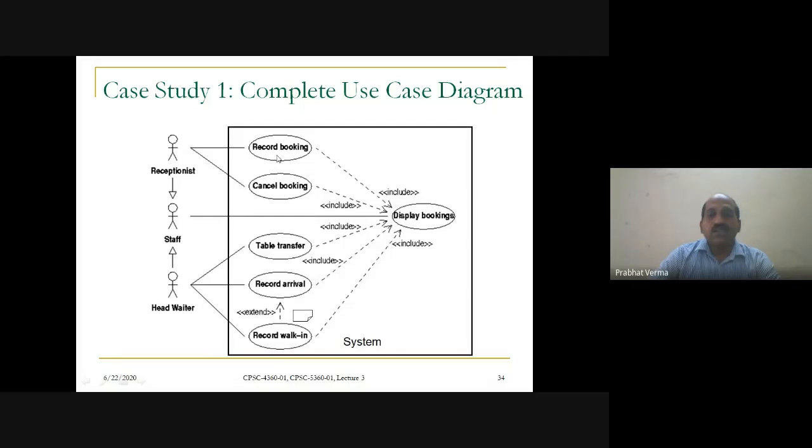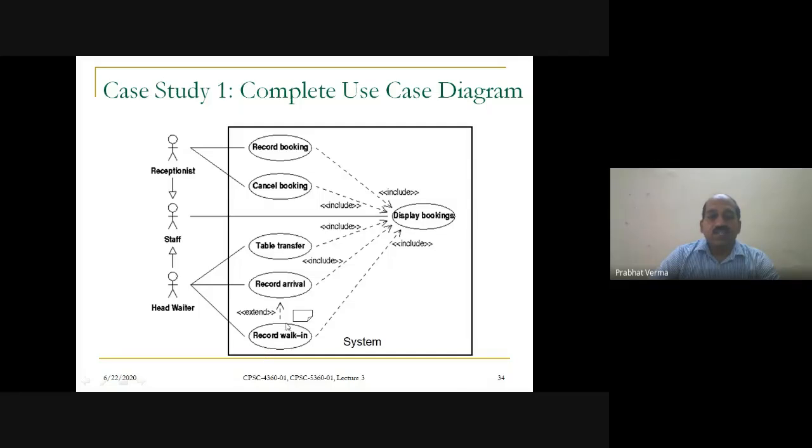And in order to execute all these use cases, display booking is imperative. Display booking is to be executed in order to execute any. So we are communicating all these use cases with display booking through the include directive.